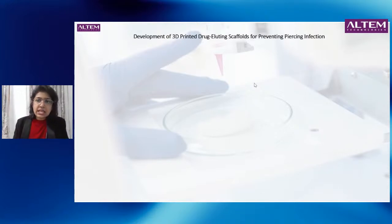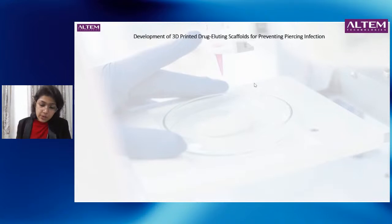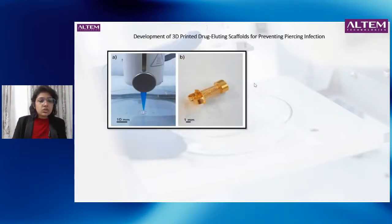So drug delivery is a concept of effective, novel, smart drug transport to the body. Our idea of drug delivery is targeted and sustainable drug delivery, and that's how using biomaterials, using 3D printing concepts can help us. So this is a very basic example where they've tried to create a biopiercing for an ear